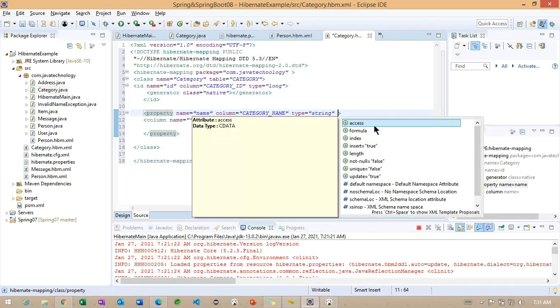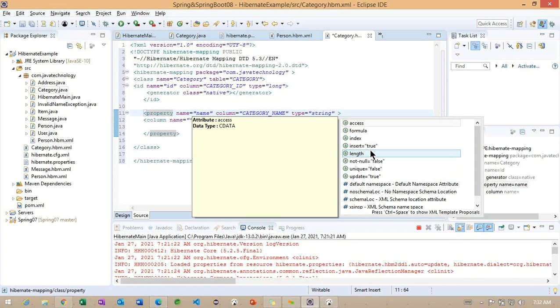So basically, if we want to make some restriction, we can provide this particular access, and it is going to be provided on the field. By default we can work on the field here. It is nothing but we can make some extra level of abstraction. Getting the point? So most of the times we are not going to work here. Other than that, if we want to create this particular column as an index, first of the table or second, we can specify the index here. So insert and update here. By default it is true.